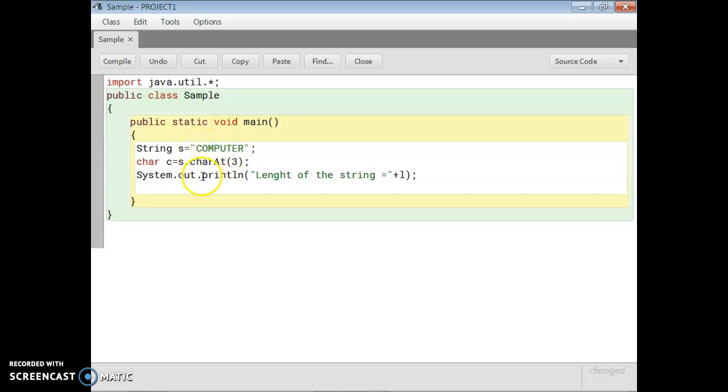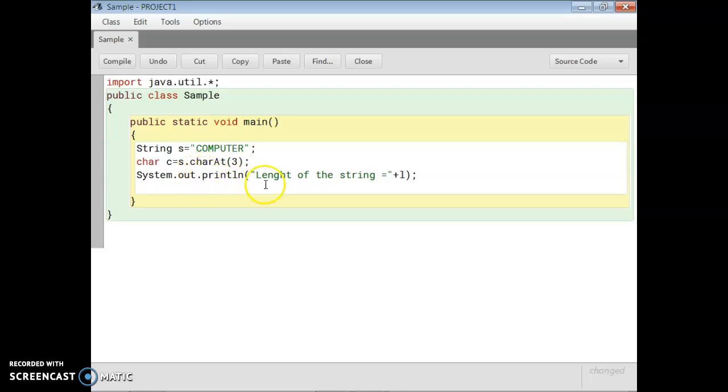Only for the length function does it start counting from 1, 2, 3, 4. So the third position means 0, 1, 2, 3. So in our example, we will get P in the third position.